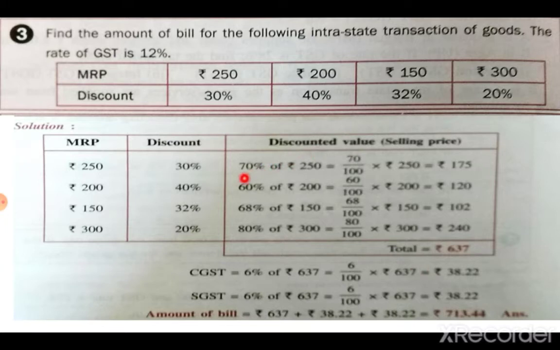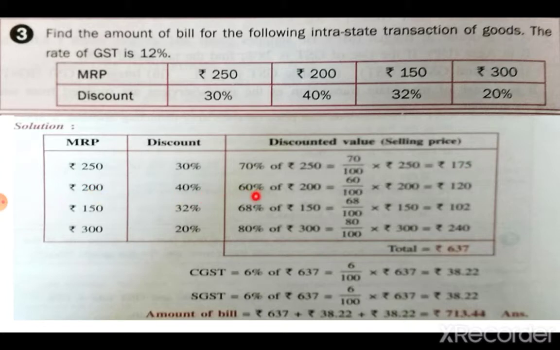So now here it is 70% of rupees 250. Now you all will be thinking why 70%? 30% is the discount. It is 70% because 100 minus 30 is 70. Always when we are writing this number in percentage, we have to do 100 minus discount, whichever number is in discount, and then we have to write here the number. So here 30 is there, so 100 minus 30 is 70. So 70 of MRP, that will be 250. So 70 upon 100 into 250, you will calculate and answer will come 175.